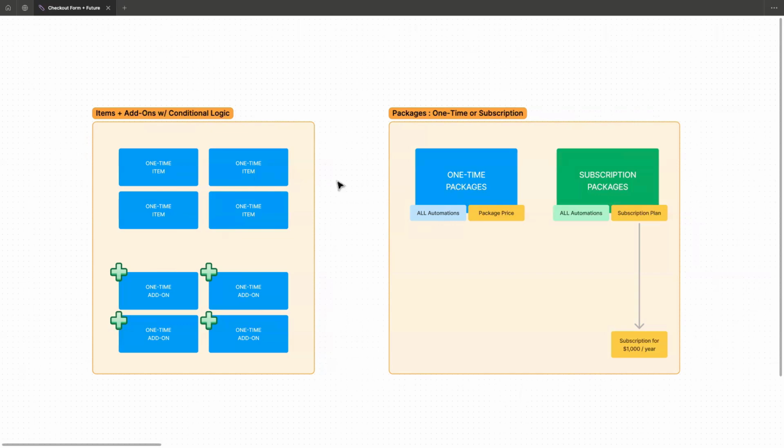So it also gives you the capability of creating multiple different packages using multiple different variations of these items. Maybe you want to add just this one and this one in one package, maybe 3 to one package, maybe 2 to one package. And you can pick and choose to your heart's content without having to then on the package level kind of try to recreate those automations, and that's just not going to work, obviously. So we will fire all the automations, but we will ignore the pricing associated with this